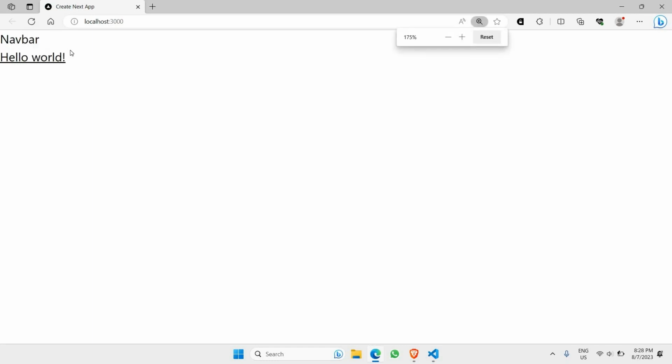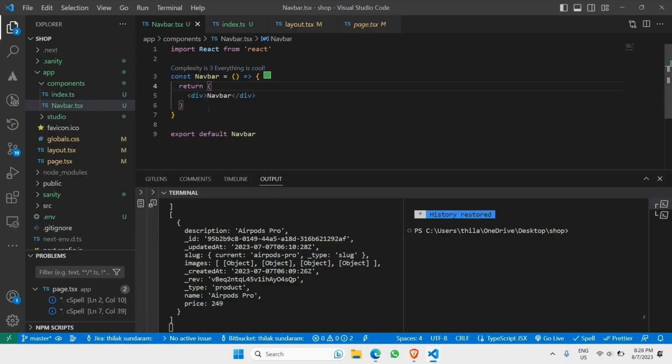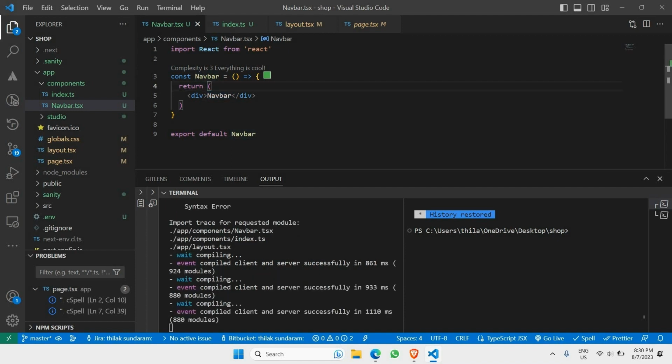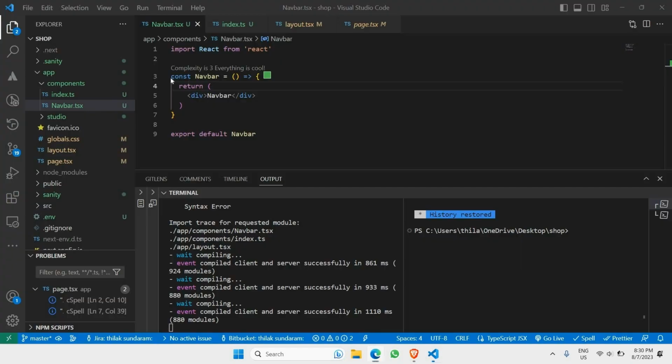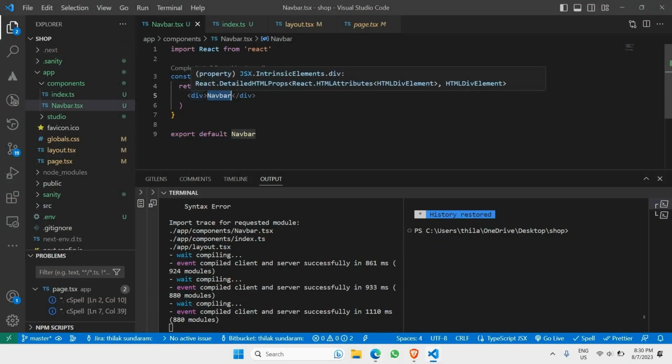And now we are able to solve that particular issue. And the next thing is that we can actually start creating that particular navbar. So if we check our browser right here, you're able to find your navbar at the top right here and the children at the bottom right here. So we can just go to this particular navbar right here and we can actually start adding this particular class